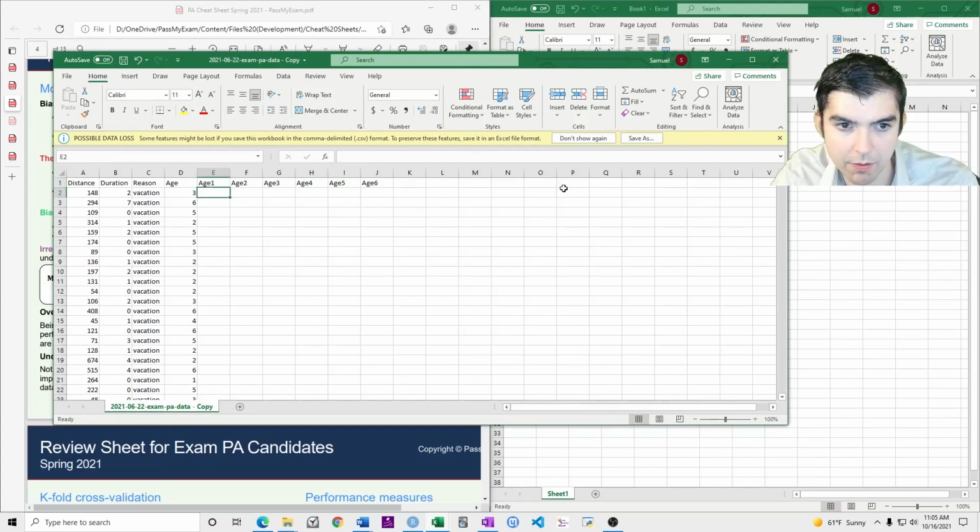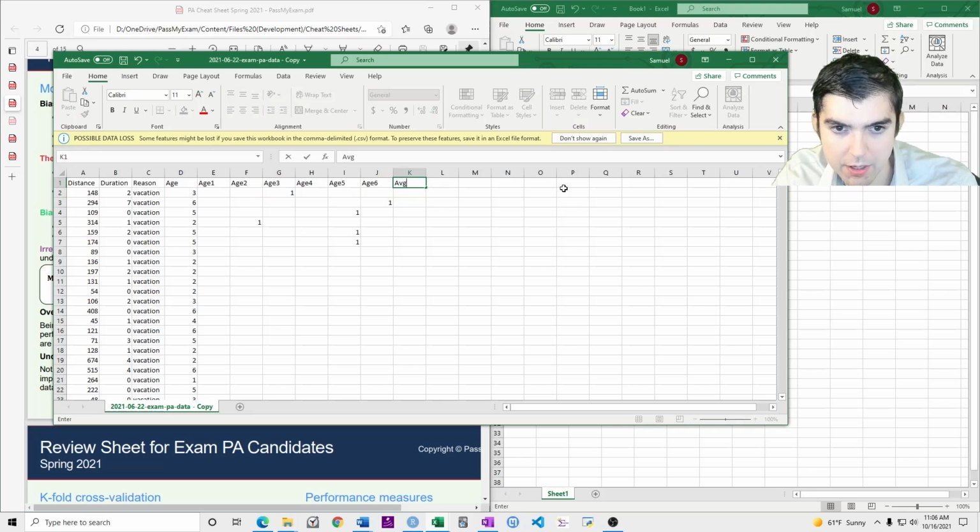And each of these is 0 or 1. So this is 1, age 6. This is 1, 5, 5, 5, etc., etc. And then all of these other values are zeros.